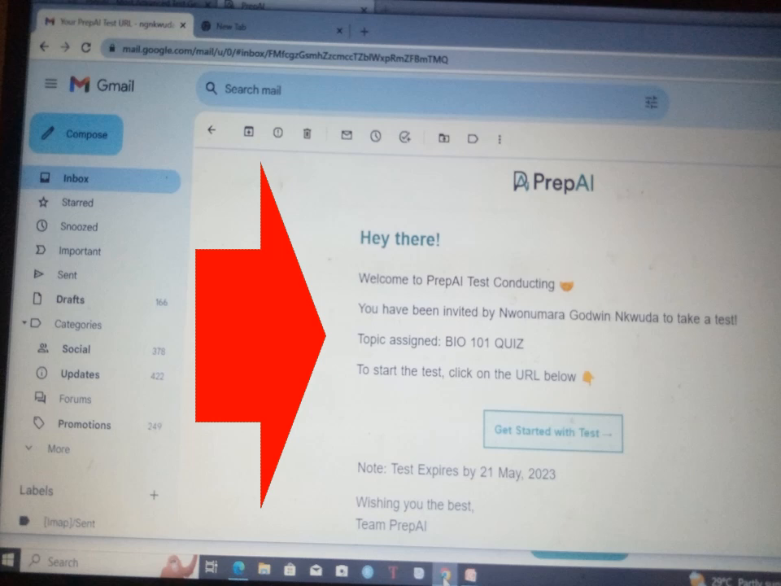So with this, we can easily set up quizzes in Moodle, and as well create question banks